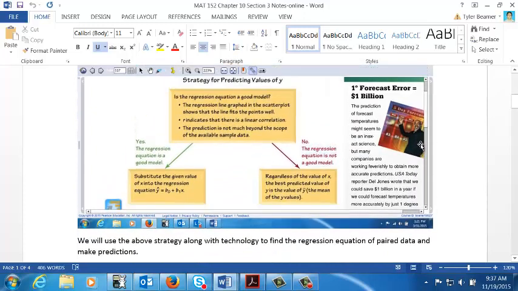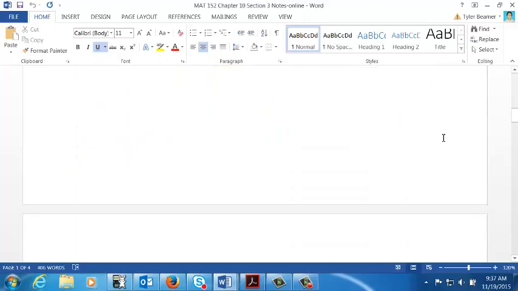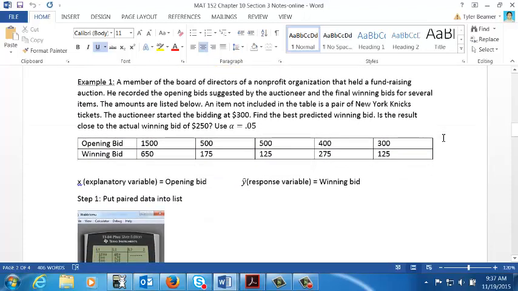So we've got some good information here in the notes. I'll let you read this. Strategies for determining, predicting values of y. But in this case, we've got the same example. We already know there's a linear correlation because we just did that. So now it says